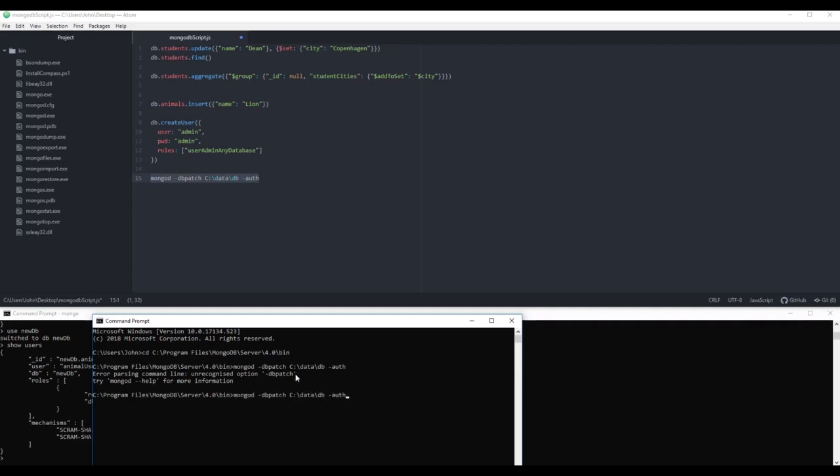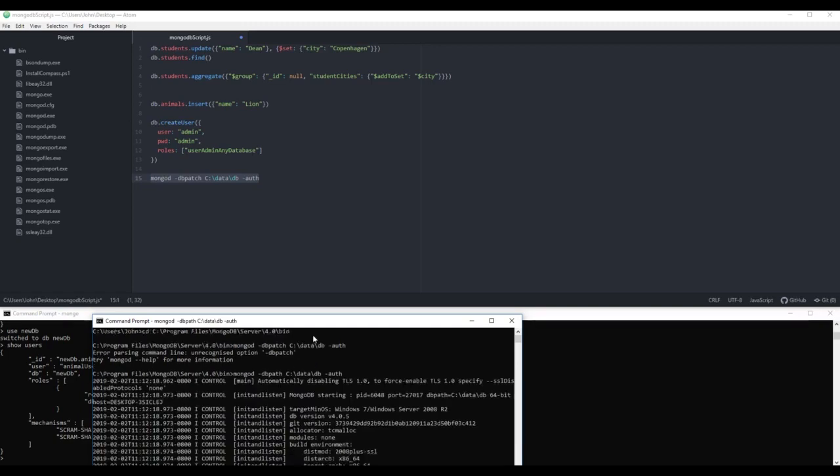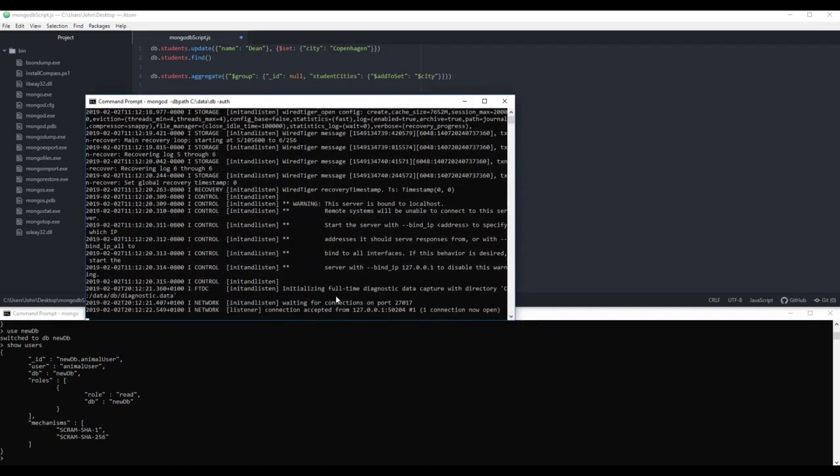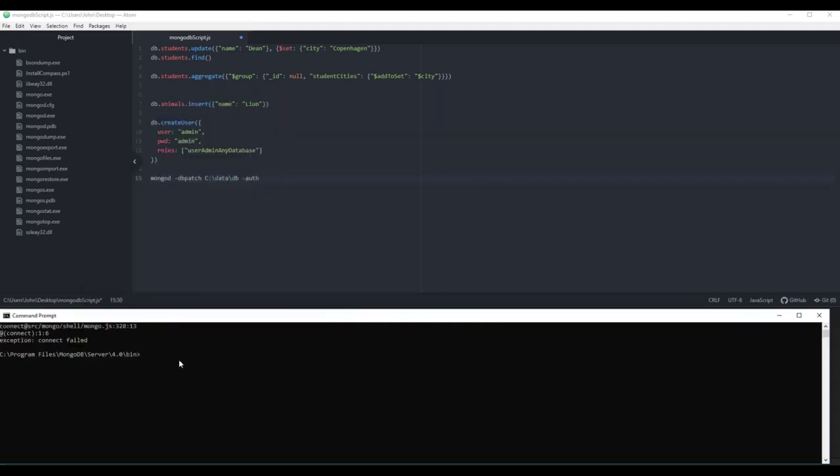Oh, I forgot that it isn't path, it's dbpath, like so. So currently the connection is now up again, and we should be able to log in. So a fresh command prompt, we will say mongo, and then the database that we are trying to connect to, new DB, and then we will say user, and it is animal user. The password is test,